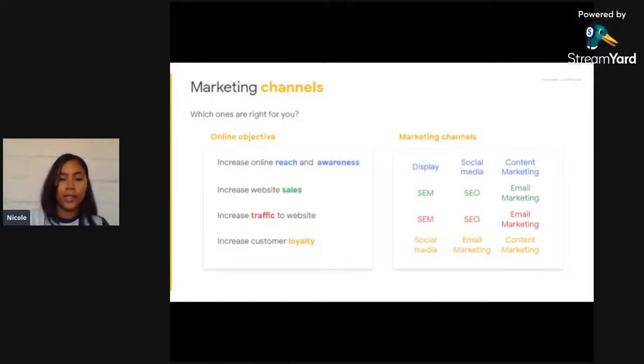Remember, not all marketing channels will suit your business goals. So you need to consider which channels work best for you and your business. And you can do this by using your online objective. So first we'll run through objectives and marketing channels, and these are aligned so that the channels match your online objective. So which ones are right for you? Let us take a look.